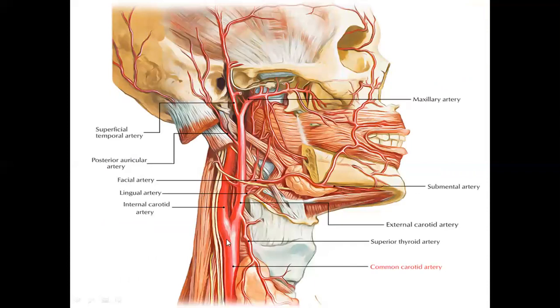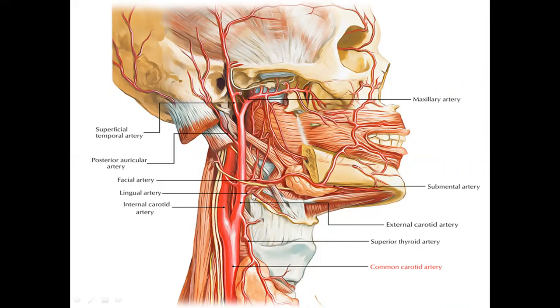So this is the superior thyroid artery, which comes from the external carotid. This is the common carotid, this is the external carotid, and this is the internal carotid artery. The superior thyroid artery comes downward over the superior border of the thyroid gland, and it accompanies the superior thyroid vein and external laryngeal nerve. This artery, a branch of the external carotid artery, is the main supply of the thyroid gland. So this is the lingual artery which moves forward and supplies the tongue.